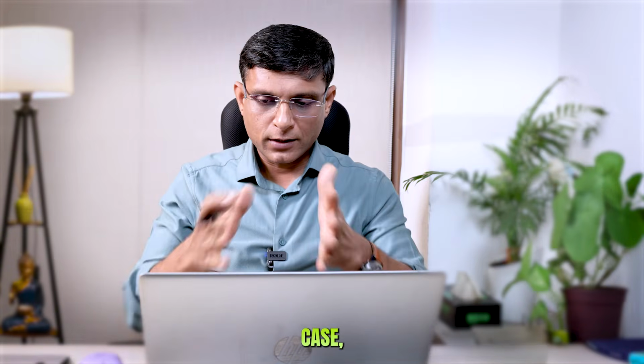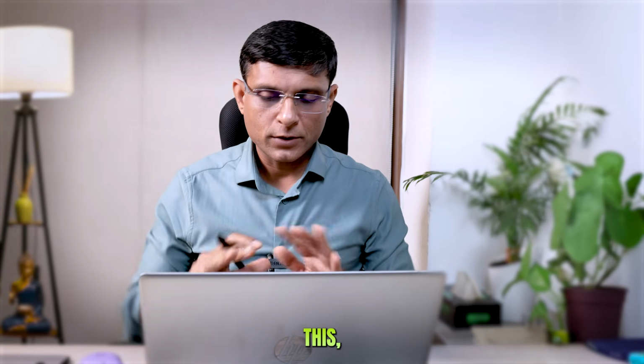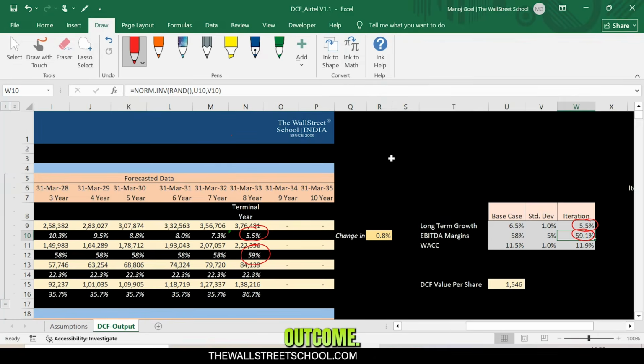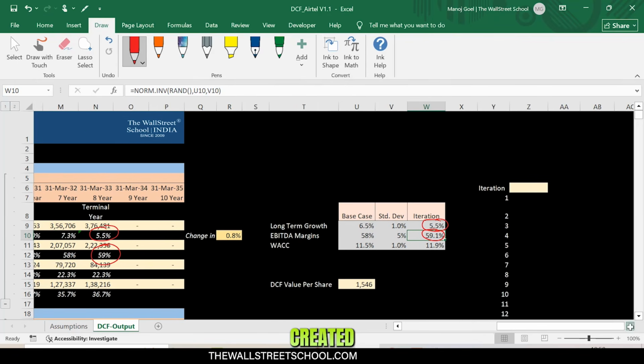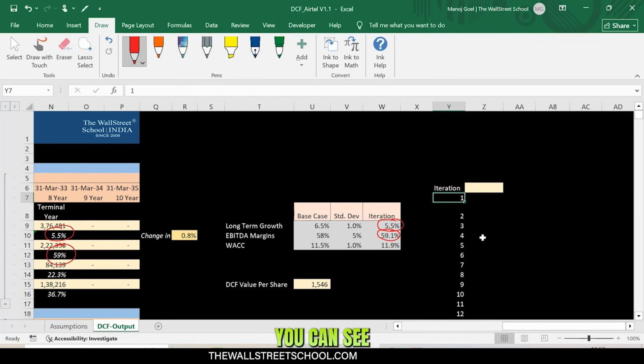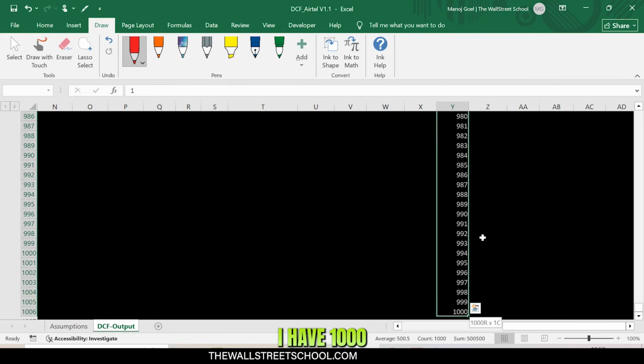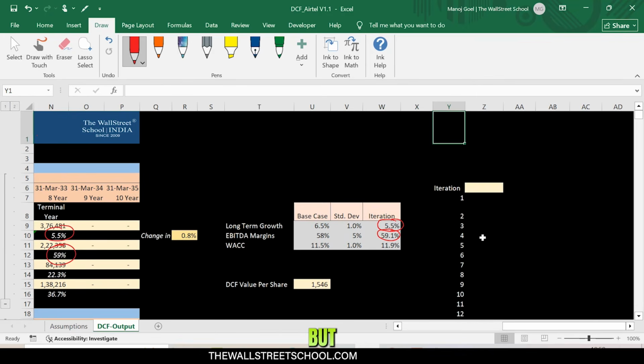Now, guys, so this is the base case that I've created for this model, the basis for my Monte Carlo simulation. Now, I'll run thousands of simulations on this possible outcome. So what I've done, guys, here I've created 1000 iterations. You can see here, I have 1000 iterations. You can run more iterations if you want, but thousands are more than enough, right, to get the average case